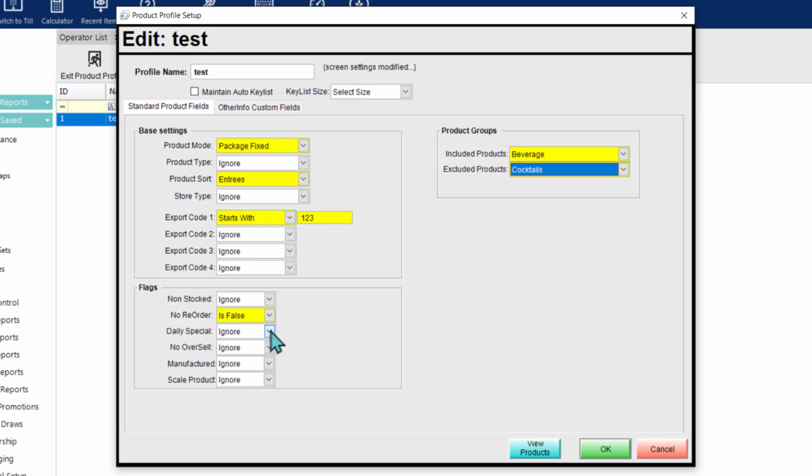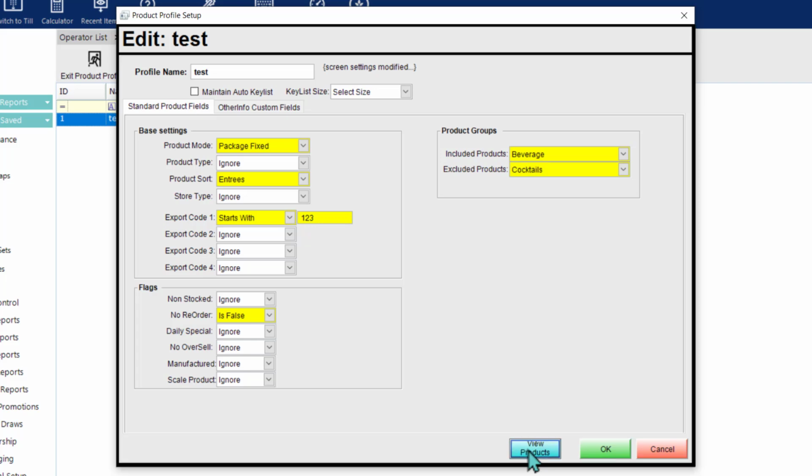Maybe a product doesn't have that on today, so it does not currently meet the parameters of the profile, but maybe between today and tomorrow it does get set, meaning that it will match to the parameters of the profile and will be included and will be a product that we would be able to see if we hit View